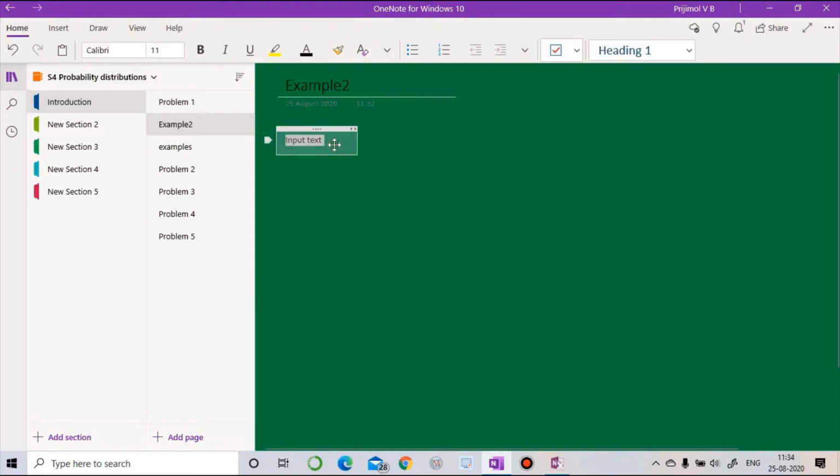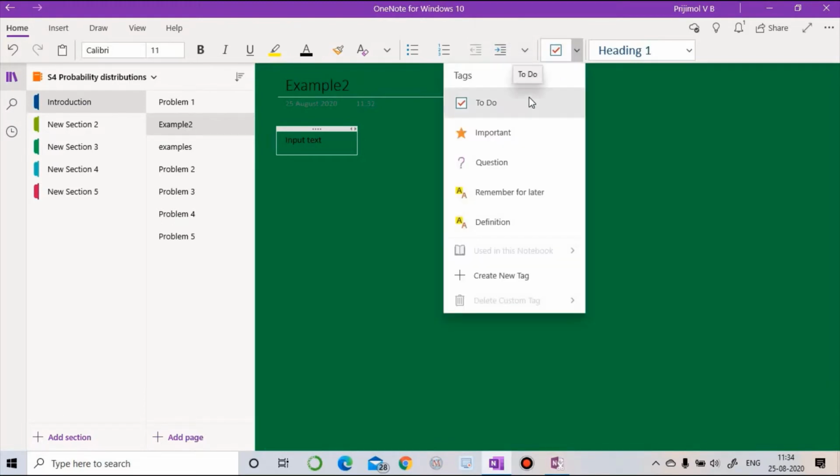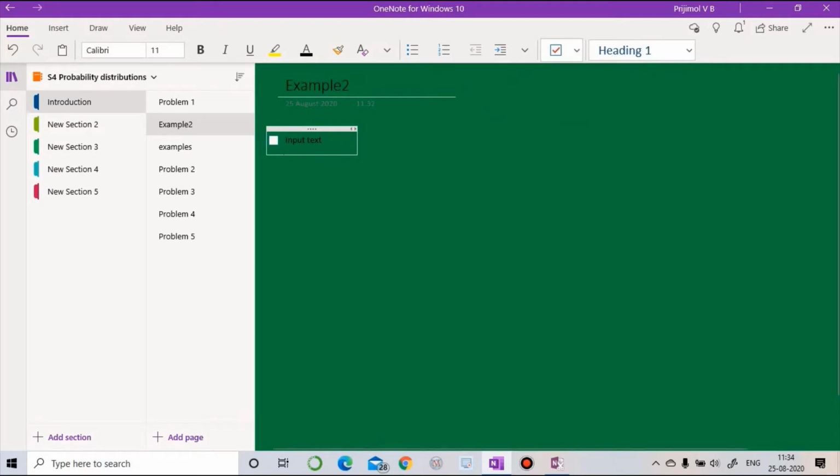Some important features in text I will explain. Okay, you can create bullets, or even start numbering your texts. You can change the alignment of your text, or even create a to-do list. Now this is your to-do list. If we want to mention to your students that this text is very important, then you can click onto this. Okay, if you want to create a to-do list, see, a checkbox gets created. Once you have finished your task, you can simply click onto this, and then you have finished this task. I am not explaining much on this. You can simply explore all the features you like.